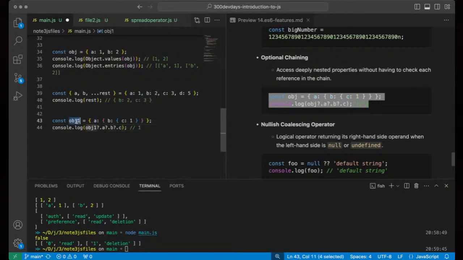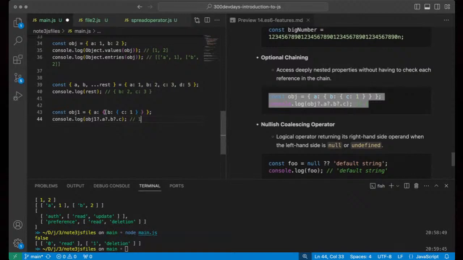So we started by saying, okay, object one, check if there is A. There might be A. Check if B is found under A. Of course, it might be there, it might not be there, so let's make sure we are doing that optionally. And finally, if B is there, then we are sure that there is C, which is why we did not perform any extra optional chaining. So what you are seeing here is that we're trying to chain by getting the value that is found within a parent object, but we're not 100% sure, so we do that chaining with an optional pattern.